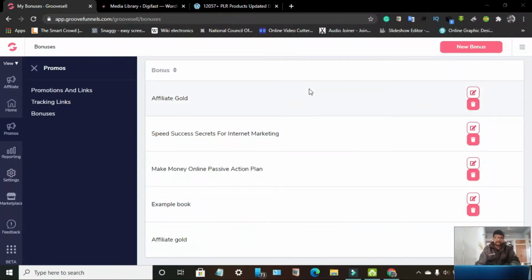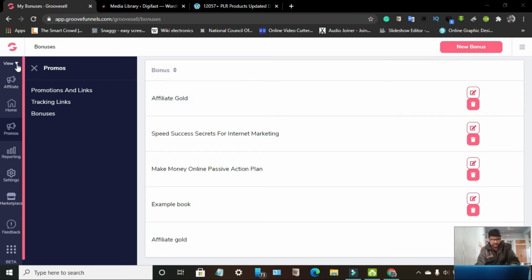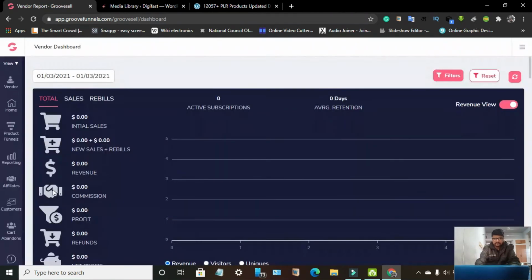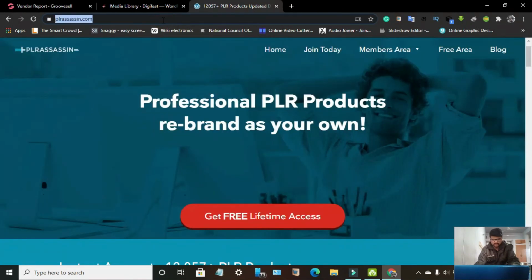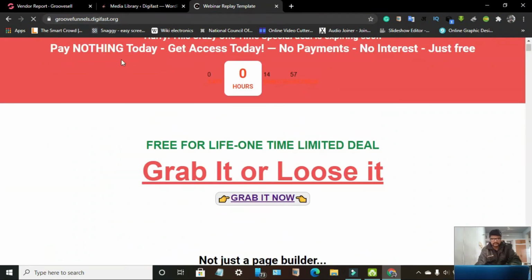So here is another thing to do. If you haven't created your landing page for GrooveFunnels, you should create one using GroovePages. Let me show you an example of a landing page I've just created using GrooveFunnels. This is the link of that landing page hosted on my own domain.